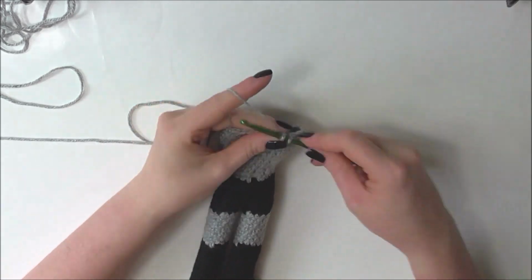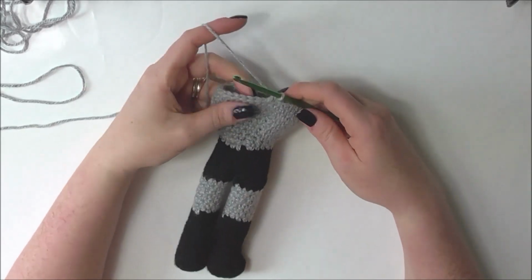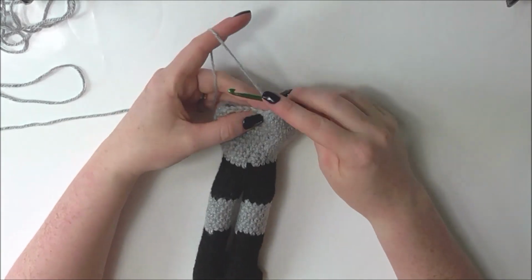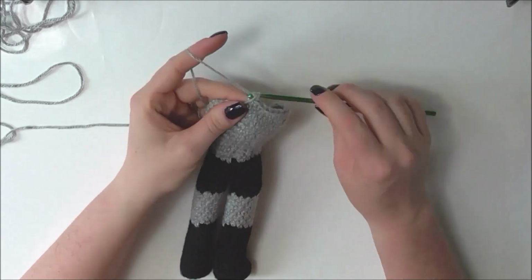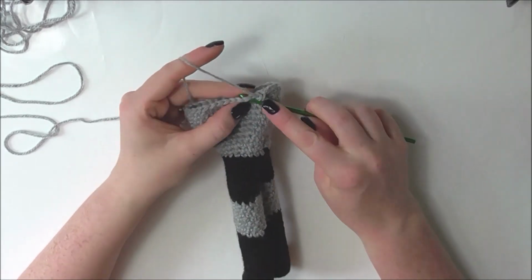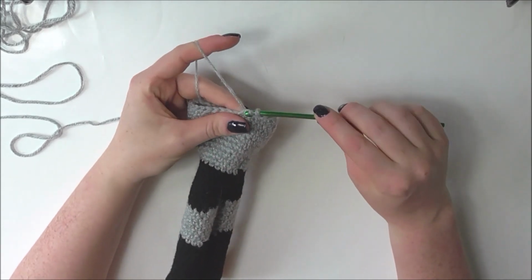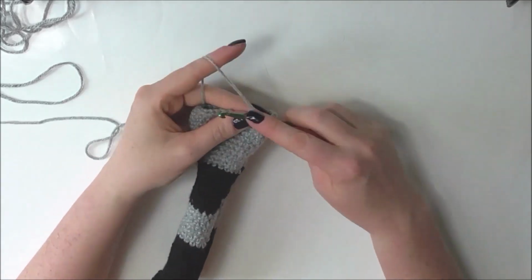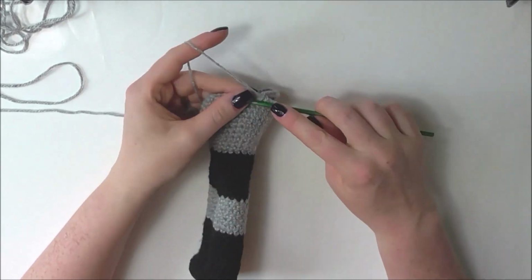So we now have 30 stitches and we want to reduce to 24, and to do that we're going to single crochet 3 stitches then single crochet 2 together, and we're going to do that 6 times. So single crochet 1, 2, 3 and decrease for 4, single crochet 5,